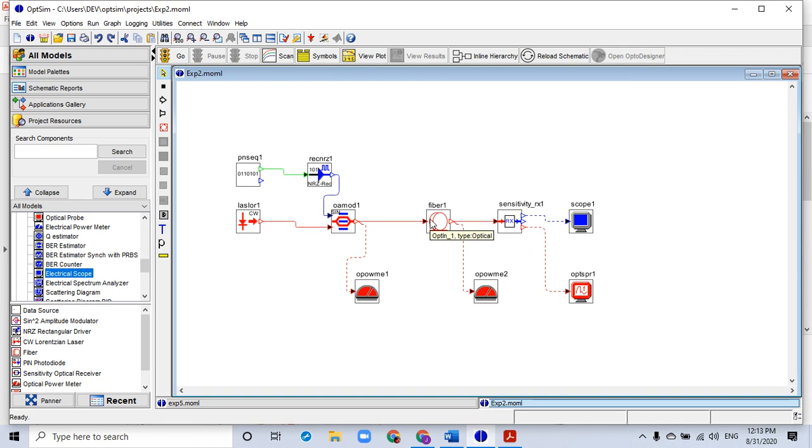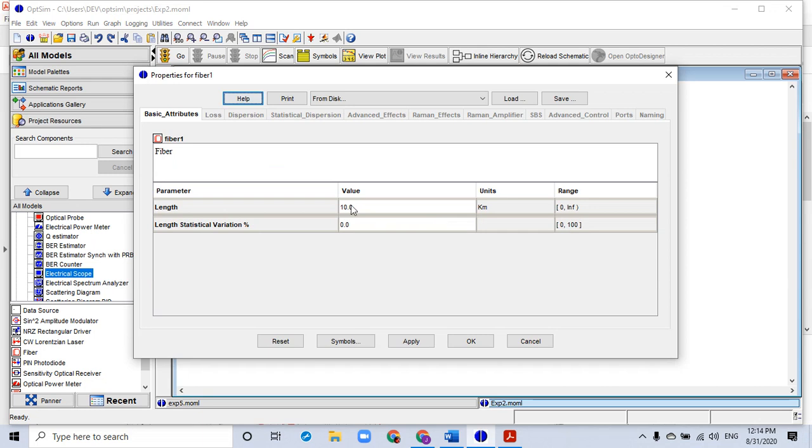Now I go back again to the fiber and check whether that has been given. So the length is say 10. That was the initial value that we had selected. We need to assign the global variable to it. So I give L. That was the global symbol that we had selected, right? And say OK.